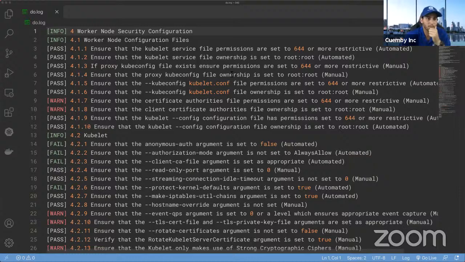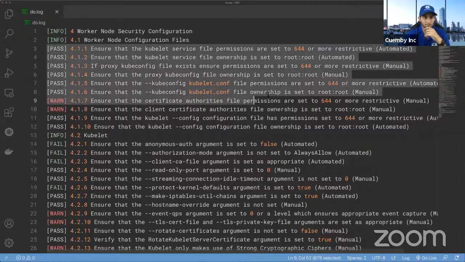Save this here. So it's basically giving us a couple of pieces of information, some of them are informational, some of them are about what's going on. So it's telling us that first it's gonna run the worker node security configuration, and they started with 4.1, and then they started running the tests, right?